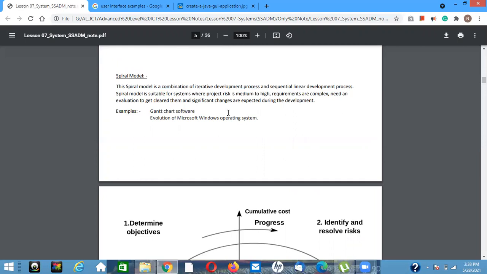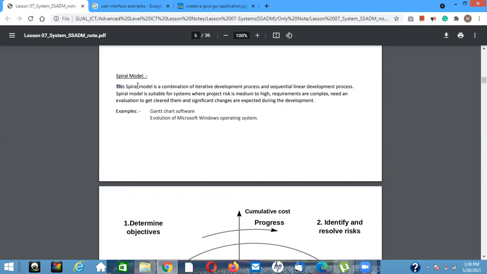Later on you will see some new models that the industry is using today. Those models are combinations of different models, that's okay, but that is also named with a particular name. So always we need to follow one particular model when designing a particular system.